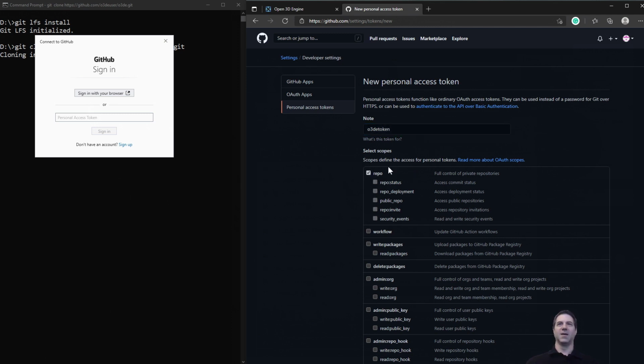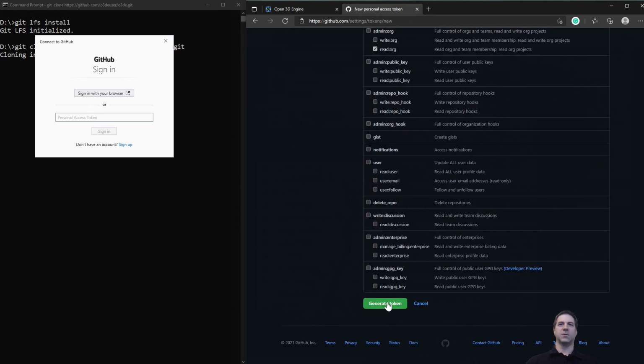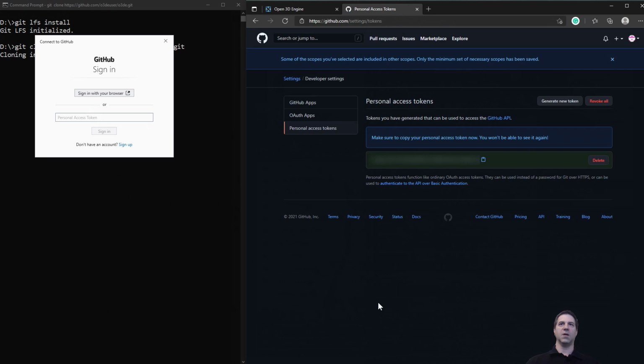You're going to want to click on repo and then read org. Once you've got those two, you'll want to generate this token. You want to keep this private. When I'm done with this video, this one will be deleted as well. But you'll copy this. This will become your password